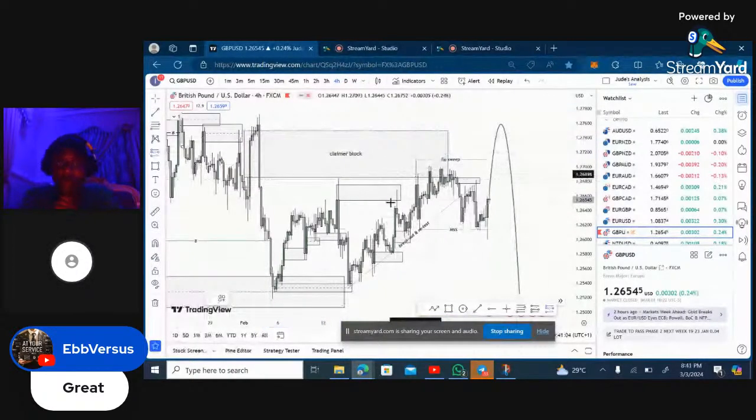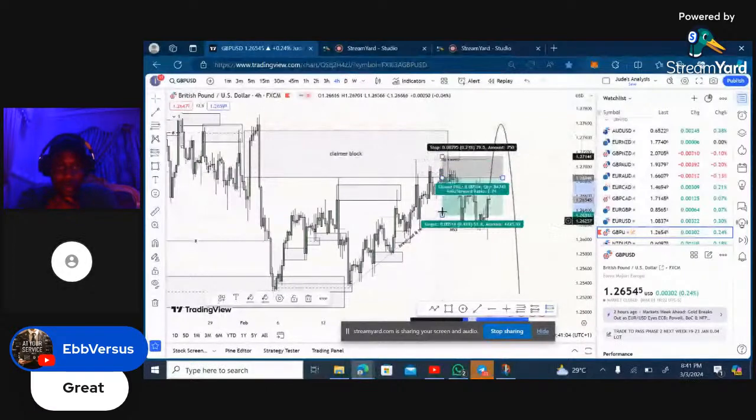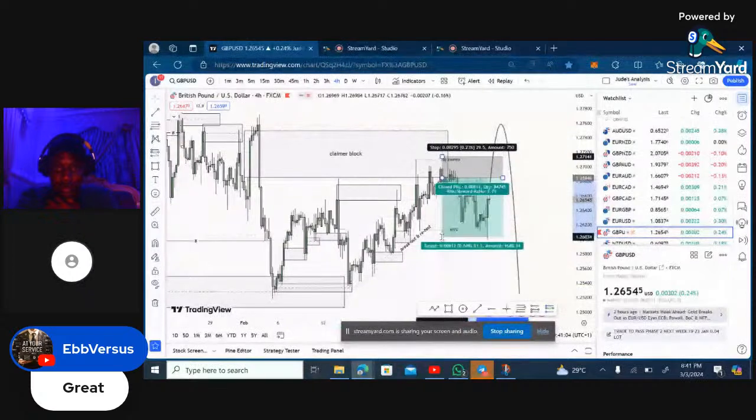So people that had a confirmation around this zone, if you sold around here, you sold around here, this will still give you a nice RR, right? This is almost 1 to 3, this is 1 to 2.8. That's almost 1 to 3. If you had a valid confirmation around here and you entered for a sale, so you can see that